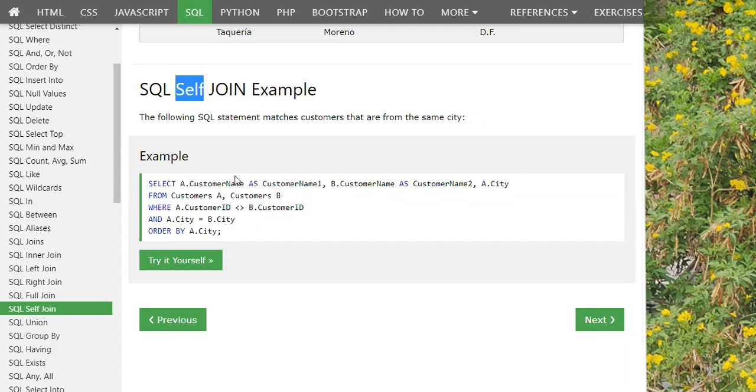Now for imagining this is very easy, but ultimately the computer does according to our instructions. So we have to give the instruction that first refer to this table, find out the city, then again refer to the table a second time to find out whether this city is matching with somebody else's tuple. That is why it can be done with self join, and I gave you the same explanation when I was discussing aliases. Now going to the next topic, that is union.